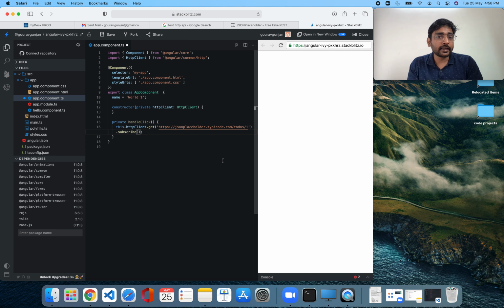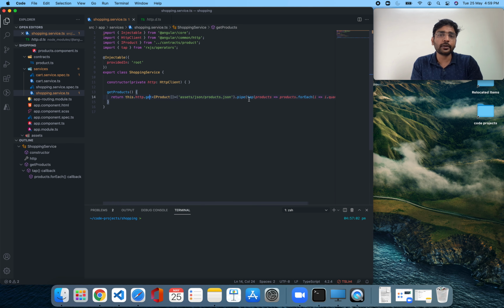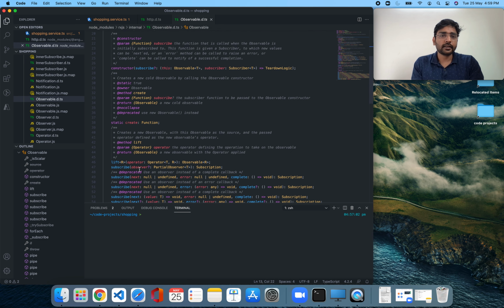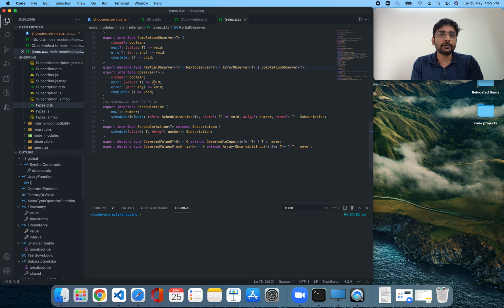And subscribe basically takes a function as a parameter. It takes actually three functions, that is overloaded. I don't have subscribe here, hold on. So we can go to get, and then we can go to observable, and then we can see about subscribe. So subscribe can take a partial observer, which is basically a function. If you go ahead and see, this is a function which has the interface of next, error, and complete.